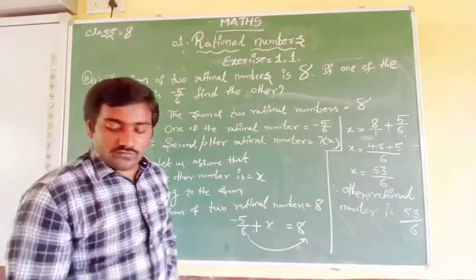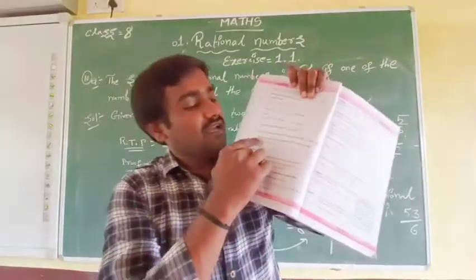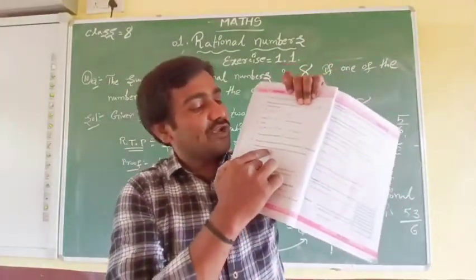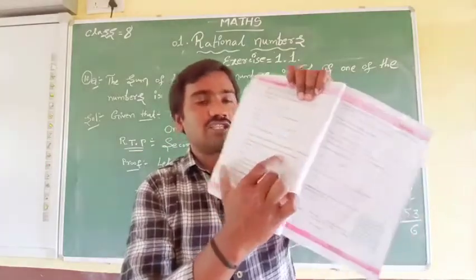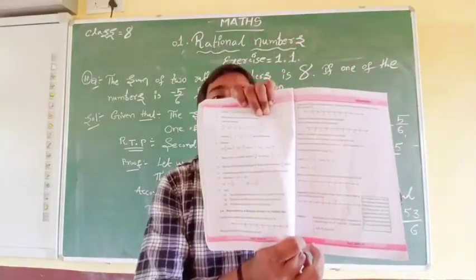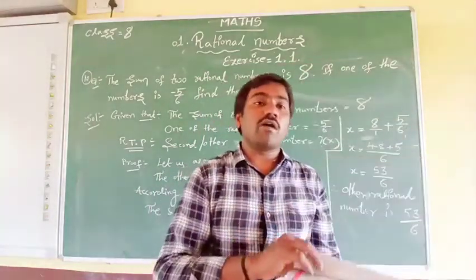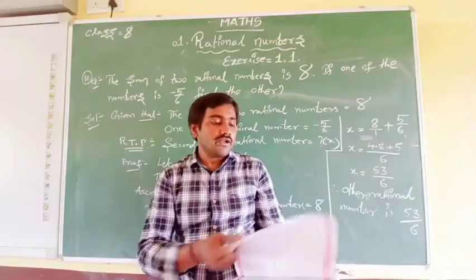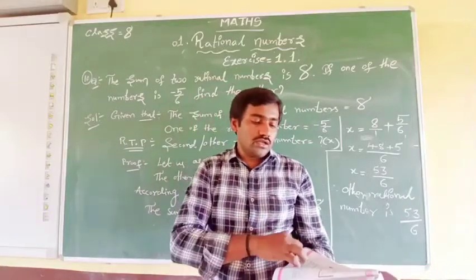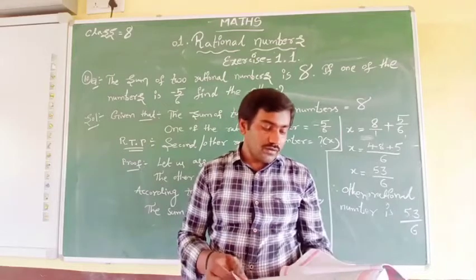Now we go for the 11th question. This 11th question I am showing here. Is subtraction associative in the rational numbers? Explain with an example. So this problem I will give as homework. No need to worry, I will give you one example.